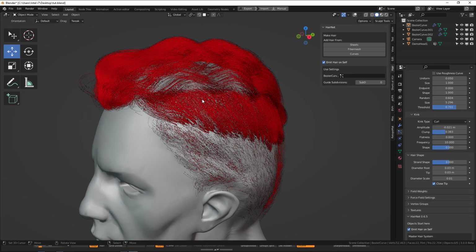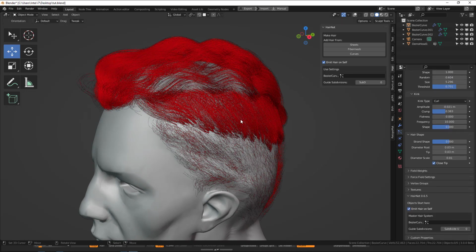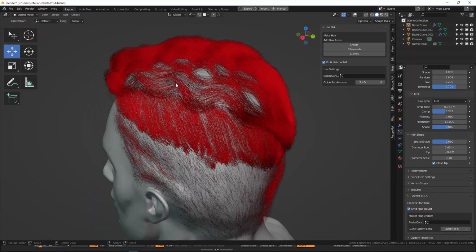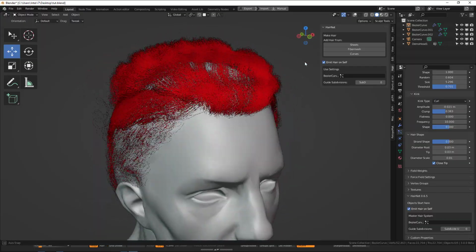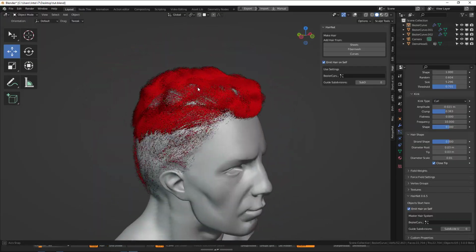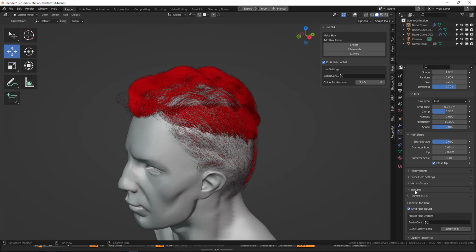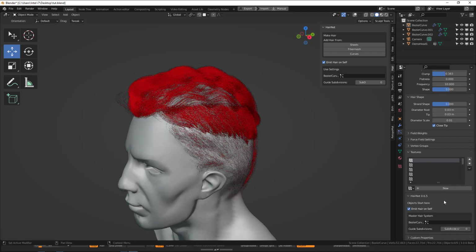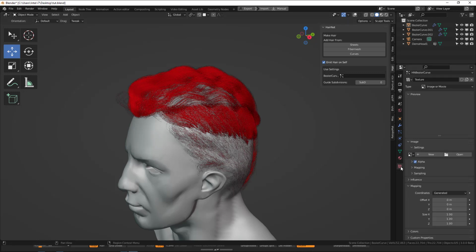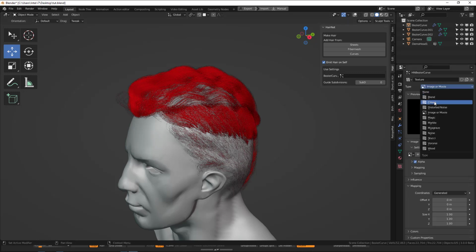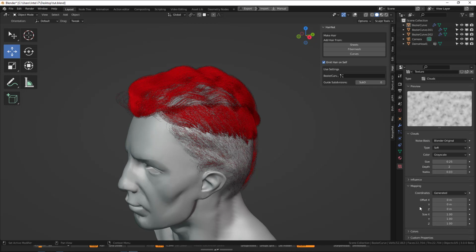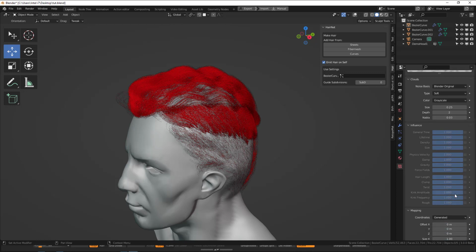We need more settings. Okay, what we can do now is just use particles to make it less even, because this looks quite evenly distributed. So we want to just have some part behaving that way. So we can click on add new particle here, texture, and then we'll switch this to cloud. So it seems nothing is happening. What you want to do is go to the influence and scroll down till you find